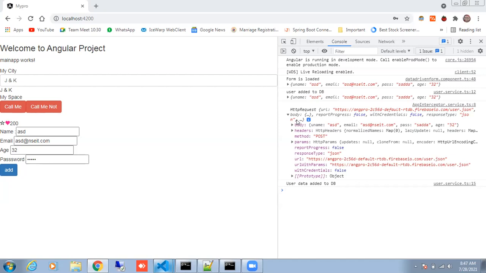You can have the tokens. Tokens means authorization tokens, which a user can receive, and only through these tokens can the user communicate with the other URLs. So these tokens can be managed here. JWT tokens I'm talking about. Multiple things you can do. Let's make a very simple example here. Go back to the code again.